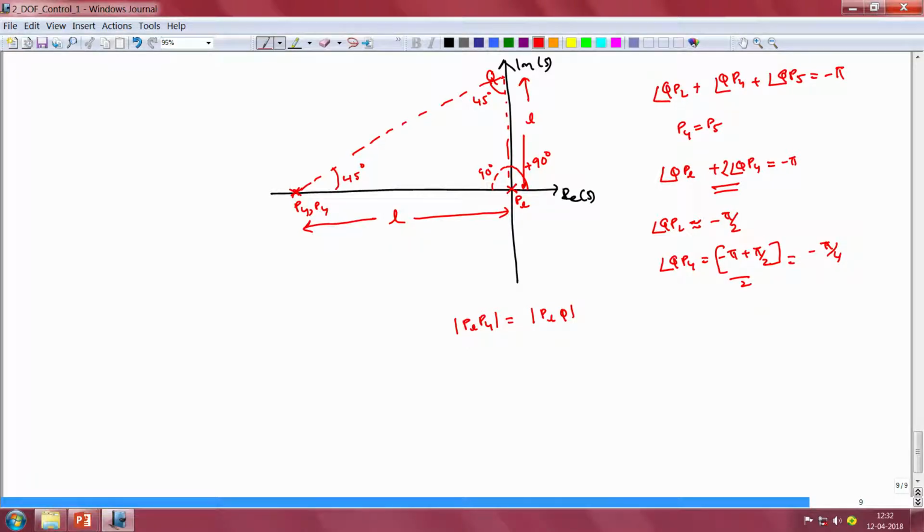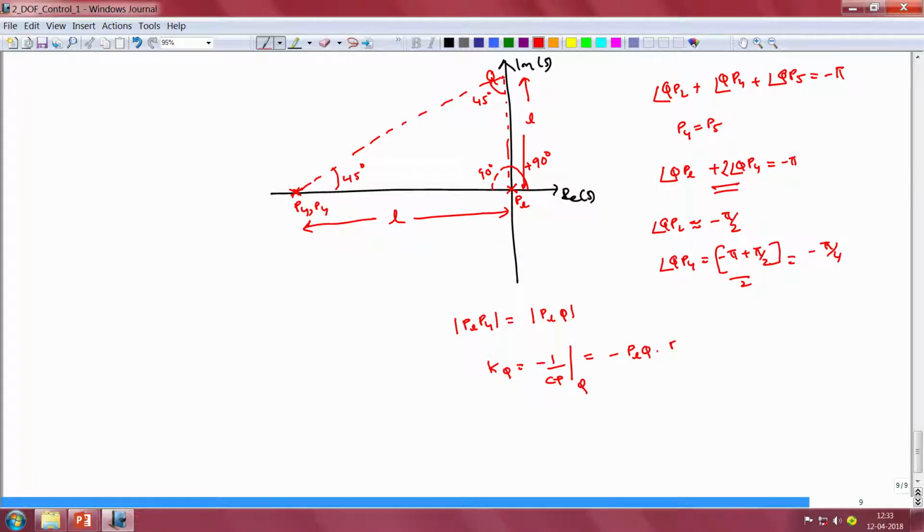Now that we have determined the angle that the faraway poles subtend at the location where the root locus crosses over from the left half plane to the right half plane, let us now apply the magnitude criterion of root locus at the point Q. Since Q is a point on the root locus, we would have KQ to be equal to minus 1 by Cp evaluated at the point Q, and since we have one lumped pole near the origin and two poles P4 and P5 at some distance away from the origin, this would simply be equal to minus of